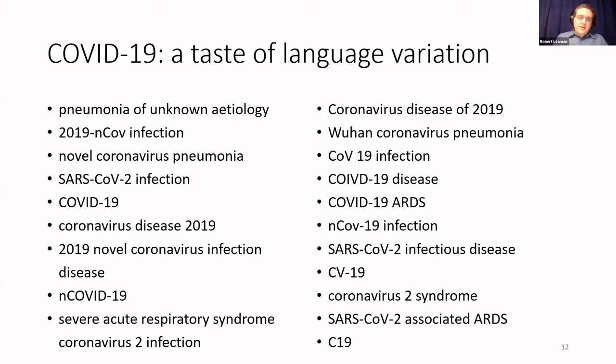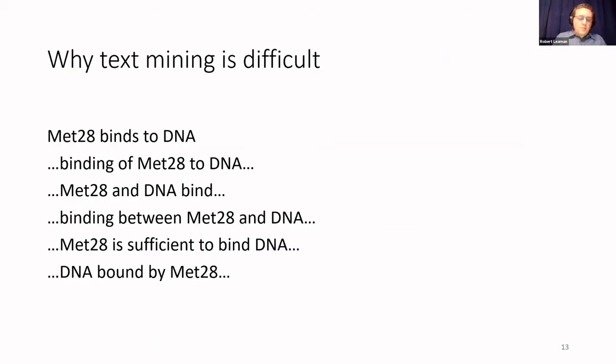Interestingly enough, after this, authors have continued to introduce new names for COVID-19 or variations of symptomologies related to COVID-19. So we can see these names cluster, but each one of them will require some additional work to identify them correctly. So this is the sort of variation that we see in names,